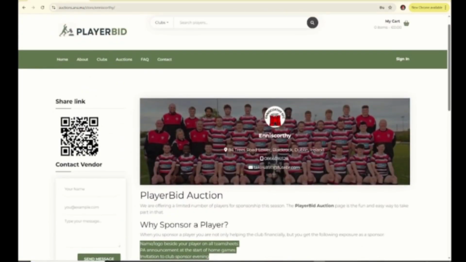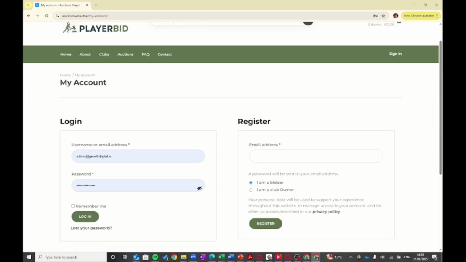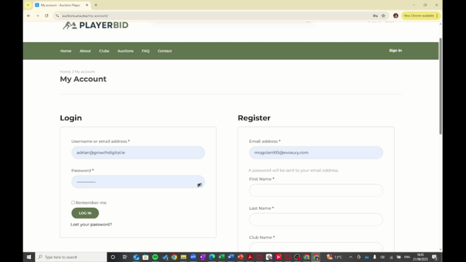If you go to sign in on the top right of the main menu, this will take you through to this page here where you want to register. You just pop in an email address there. You have a choice to register as a bidder or as a club owner. Here we want to register as a club owner, so I click on that button and I pop in